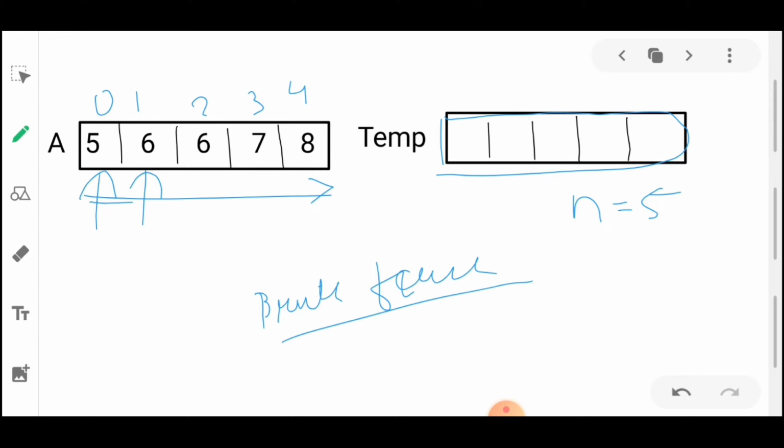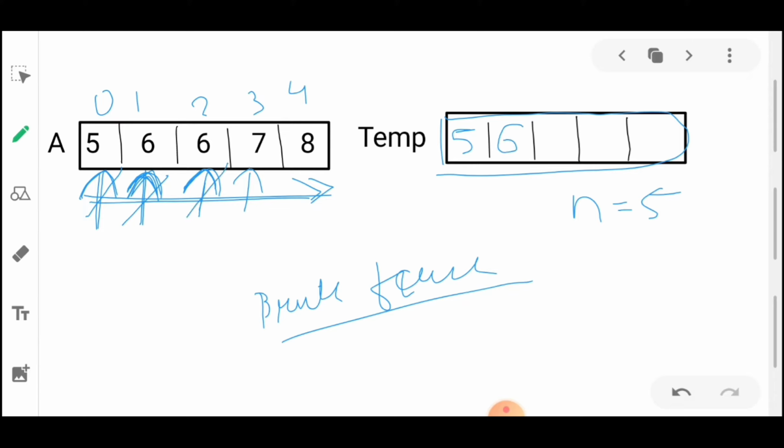So we'll just iterate through this array and we'll check if the current element is equal or not equal to the next element. So here 5 and 6 are not equal, so we'll just store 5. Okay, then we'll come at 6 and check 6 with the next element, that is 6 only. So here 6 and 6 are duplicates, so we'll do nothing. We'll just increment the count of iteration. Then again we'll check 6 with 7. So 6 and 7 are not equal, so we'll just store 6.